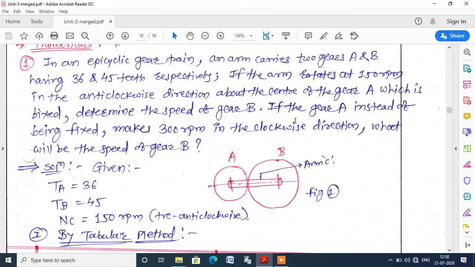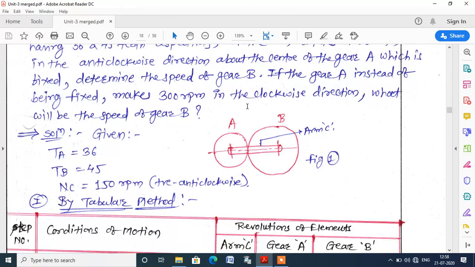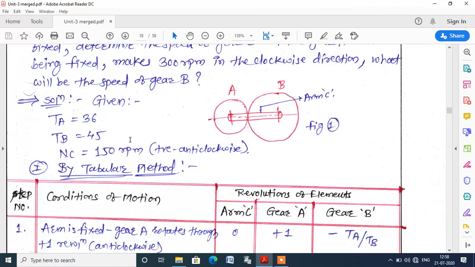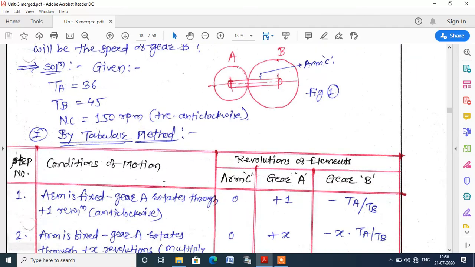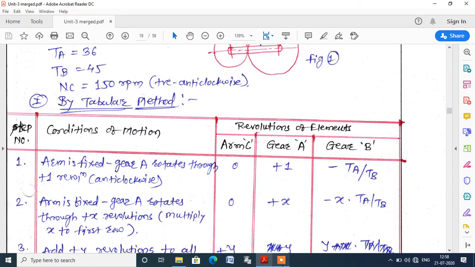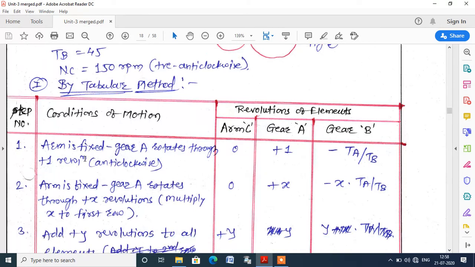And in the second condition, instead of gear A being fixed, it makes 300 rpm clockwise. So 300 rpm speed of gear A is given, and that is negative. So we have to consider that also in the second condition. And in both conditions, we have to determine the speed of gear B, that is NB. So first we will solve this problem by the tabular method. So step number, conditions of motion, revolutions of element. This way we have to write down. So first step is arm is fixed, gear A rotates through